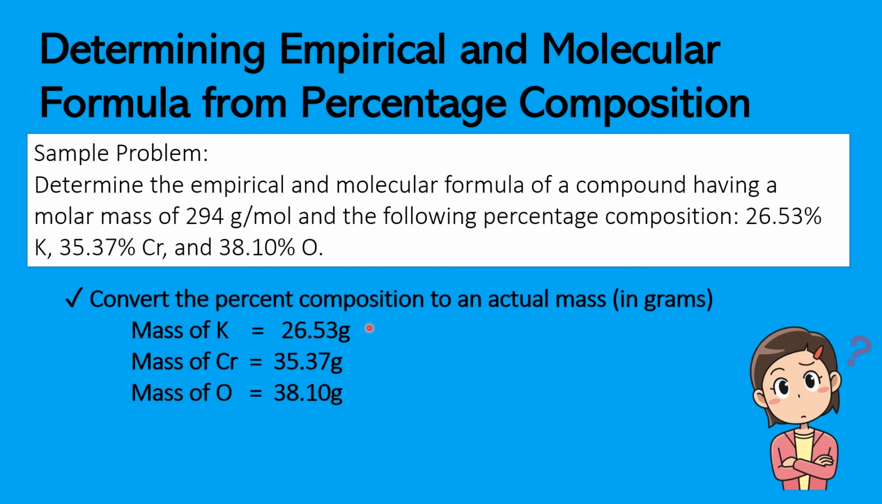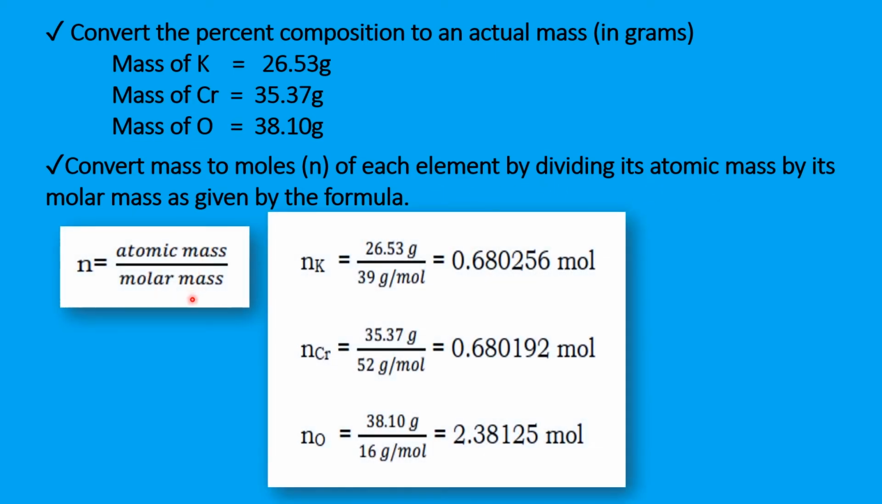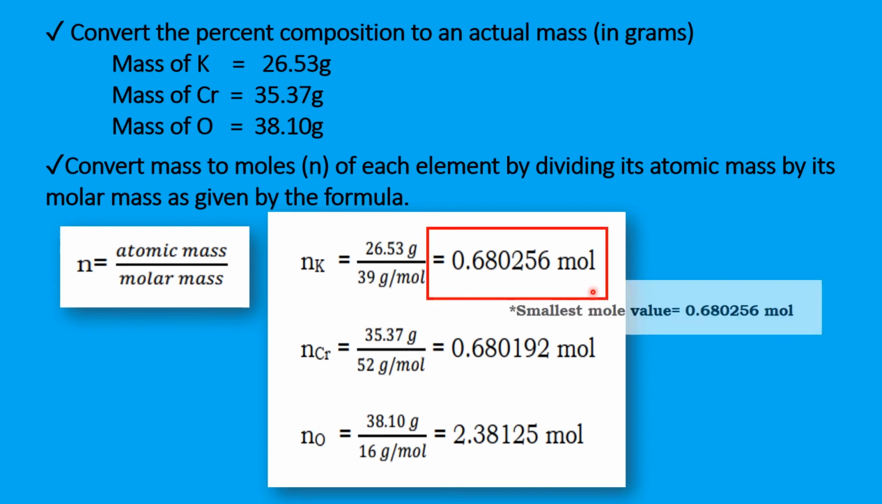So the percentages will become grams. After converting to the actual mass in grams, convert mass to moles of each element by dividing the mass by its atomic mass. Again, to get the value of n, divide by the atomic mass. So, to get the n of the following elements, you follow the formula and then you will get the mole equivalent. Take note that you should find the smallest mole value, which is